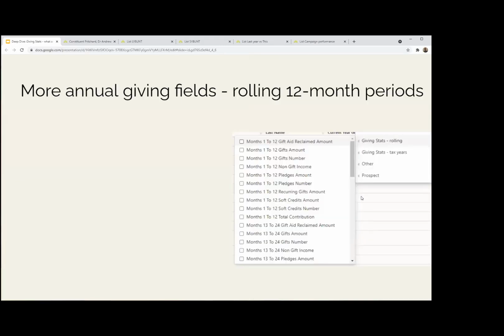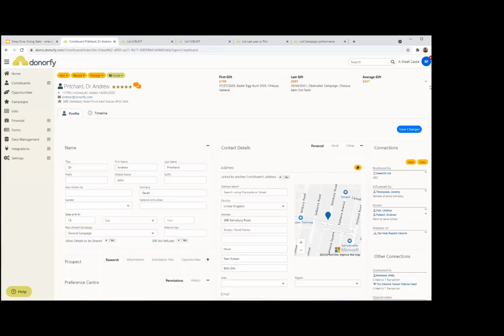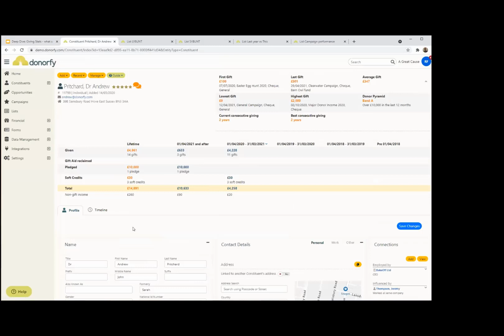I'll come on to now, it's my next page. Rolling stats are a variation on a theme. Let me just go back to Andrew Pritchard. We can see here that we've got his annual stats presented as